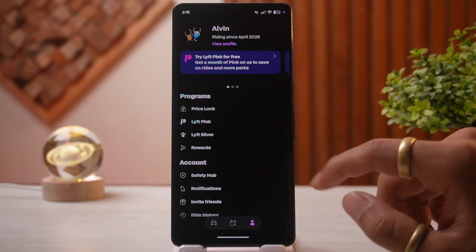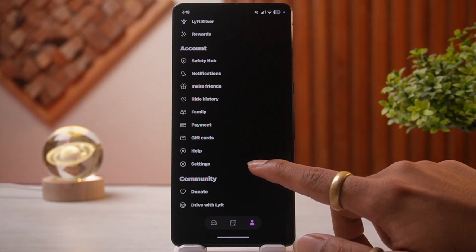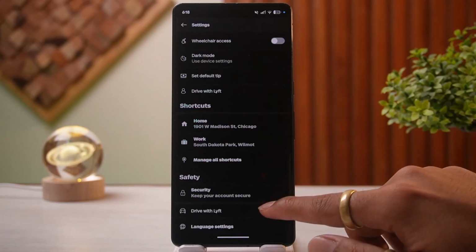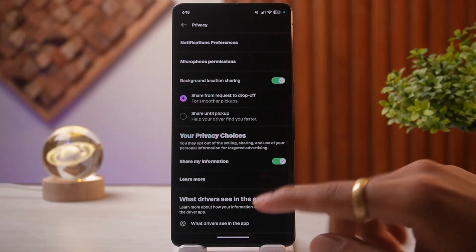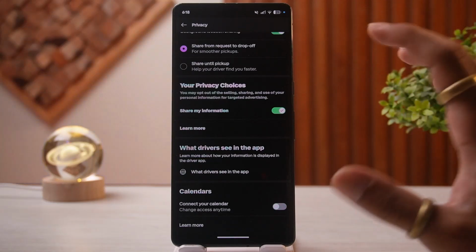bottom right. From here, scroll downwards until you find this settings option or panel over here. Go ahead and tap on this and scroll downwards once again, and you should be able to find this privacy option. Once you open it, you should be able to find download your data option over here if you have